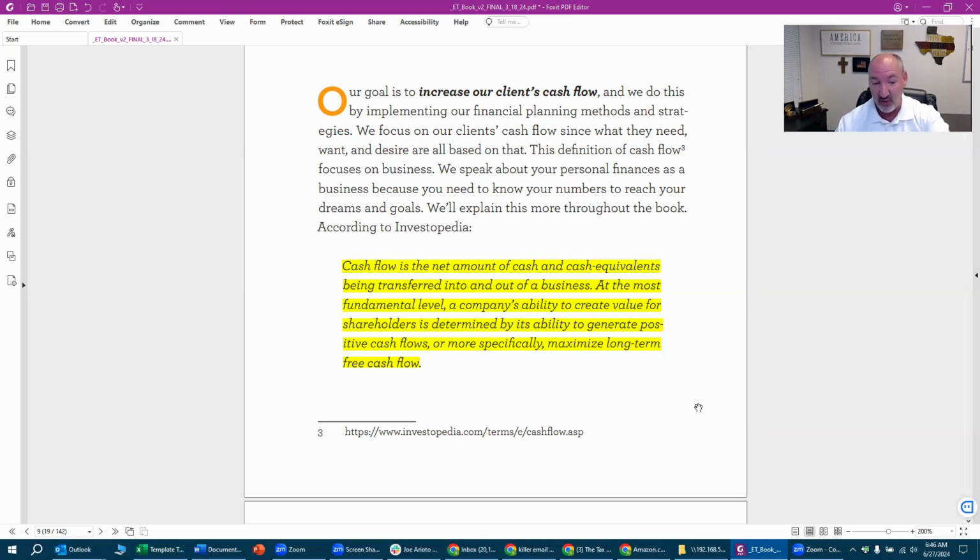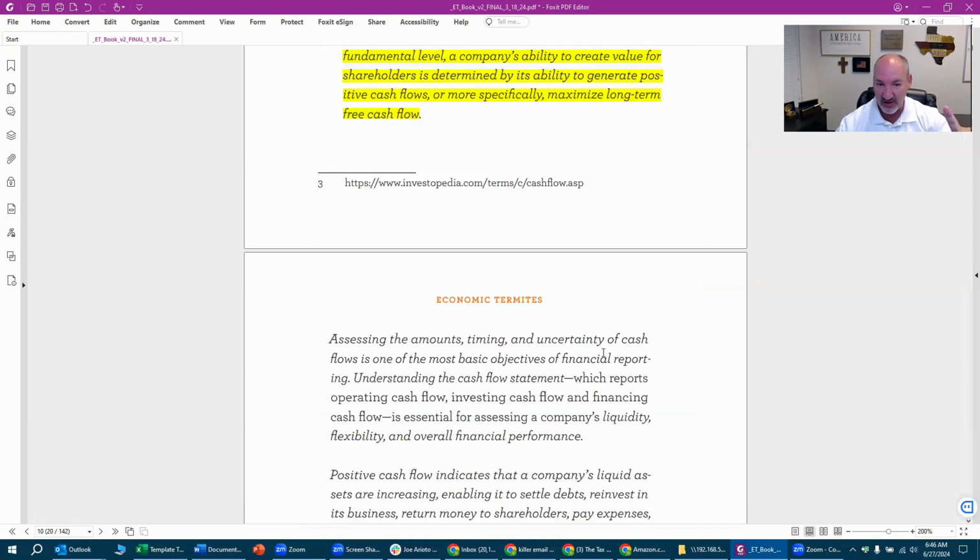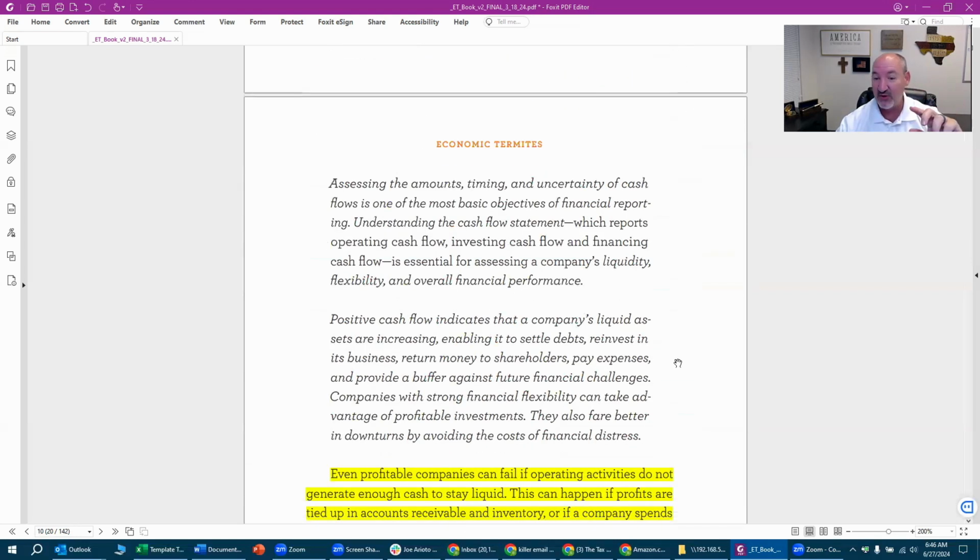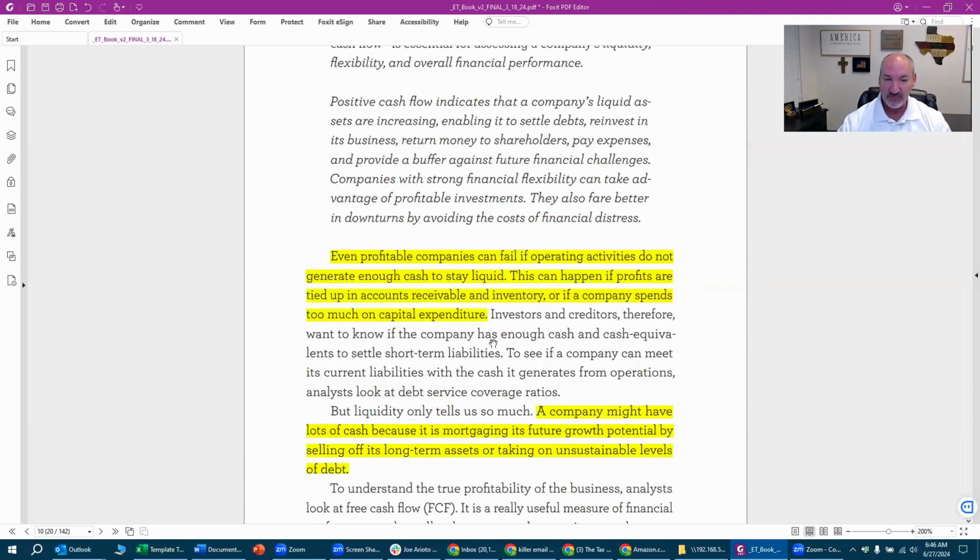And so therefore, what do we want to do? We want to maximize long-term free cash flow. What do we want to put in front of the word free? Tax. We want to maximize long-term tax-free cash flow. That's what we want to do and focus on, okay? That's a very, very important aspect of building wealth, and not just your wealth here, but the generational wealth and how to do that, okay?